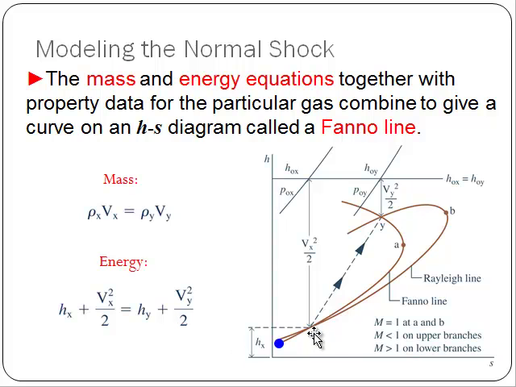Okay, so first one is called the Fano line, and the Fano line looks at the mass balance and the energy balance equation and the values of H and S that make that true. If I look at,